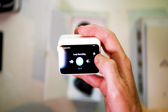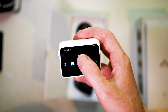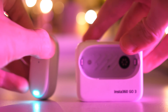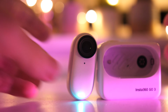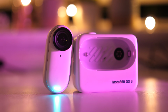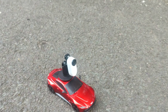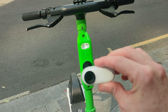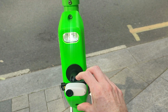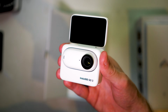cameras can't. So I want to be completely open and honest that Insta360 did send me this camera before it was released. I had been using it for about a week and a half before the date of release, and I've been using it with what should be the latest firmware. I'm going to take you through everything that this camera can do, how we can get creative with it, all of the specs and the upgrades, but let's just talk about probably the biggest difference between this and the previous